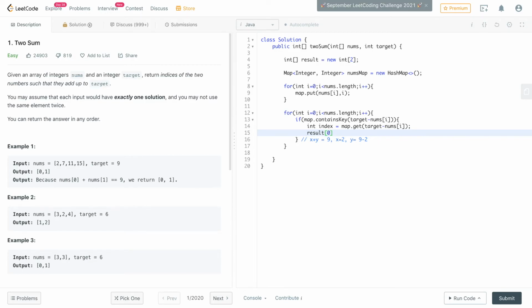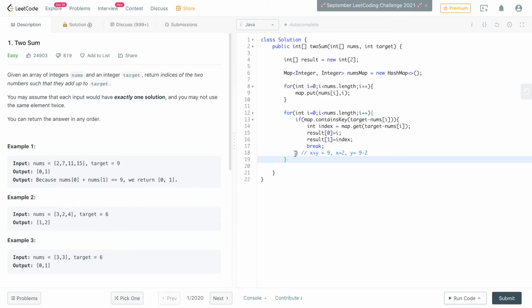So the first index would be the index that we found the element at. The second would be the difference element that is present at the index. So these two are going to be our values for the result, and we can just break the loop because we already found it.